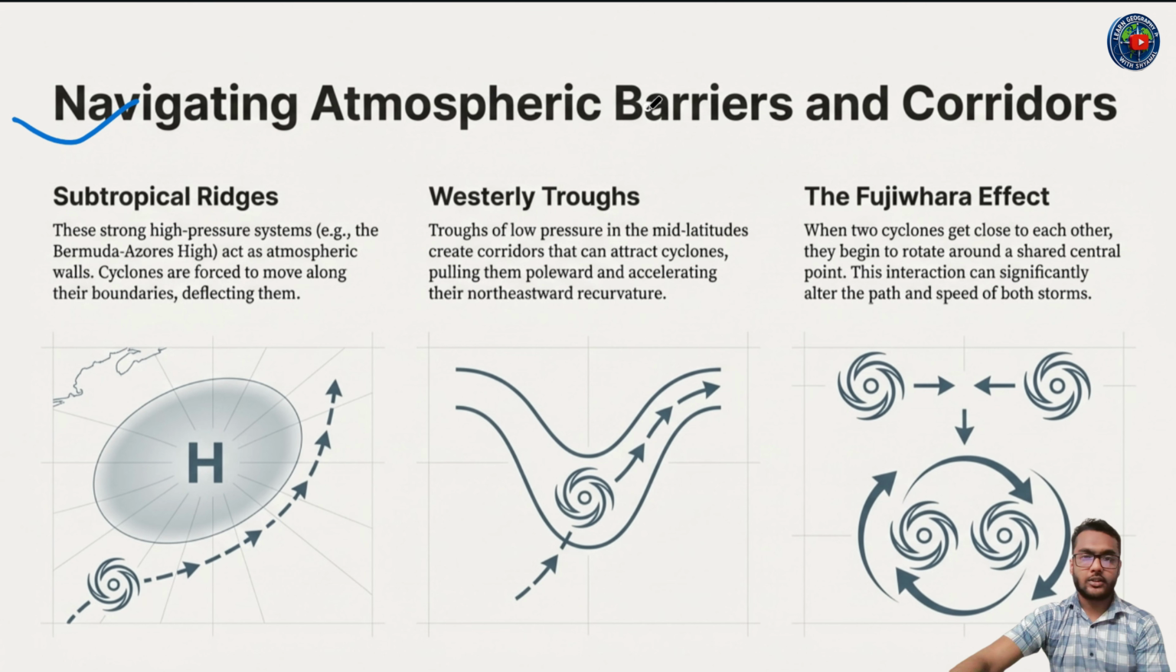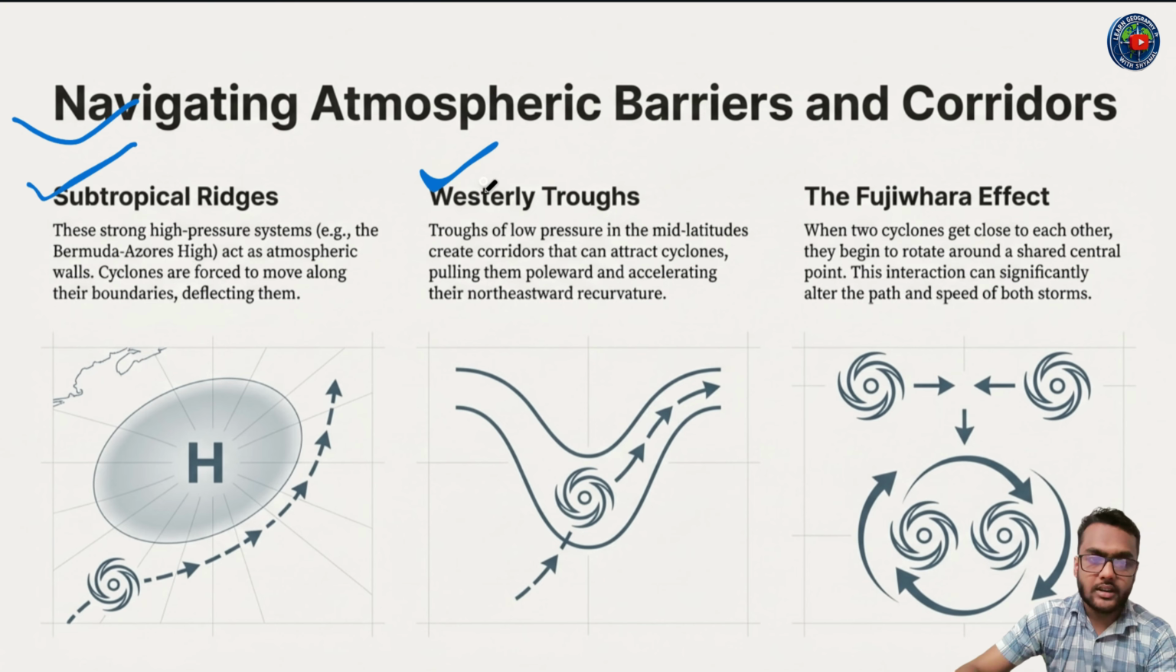Then navigating atmospheric barriers and corridors. Subtropical ridges: these are strong high pressure systems, for example the Bermuda-Azores high, that act as atmospheric walls. Cyclones are forced to move along these boundaries, deflecting them. Then westerly troughs of low pressure in the mid-latitudes create corridors that can attract cyclones, pulling them poleward and accelerating their northeastward